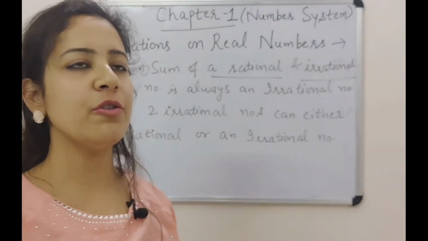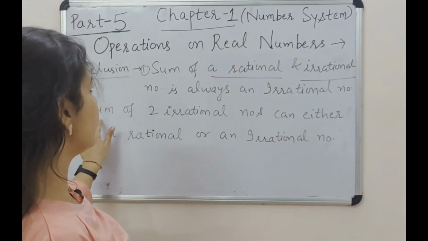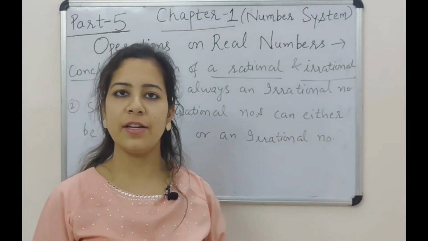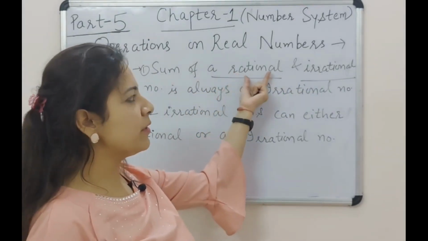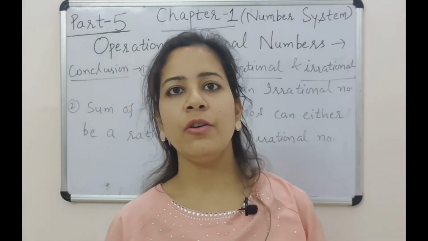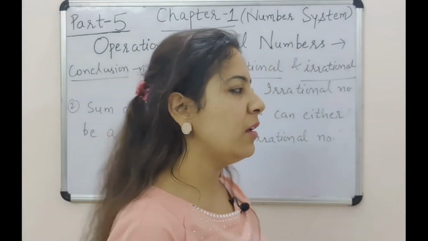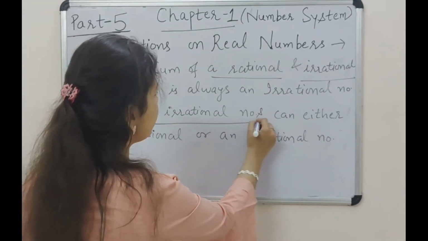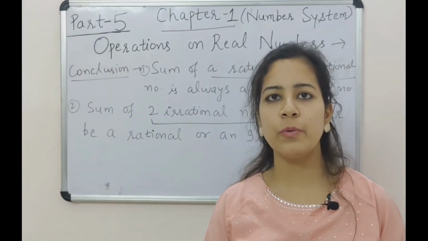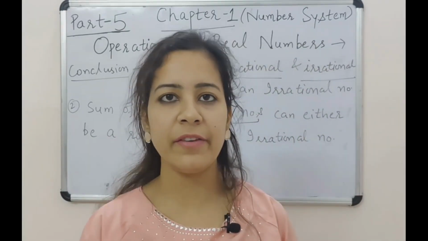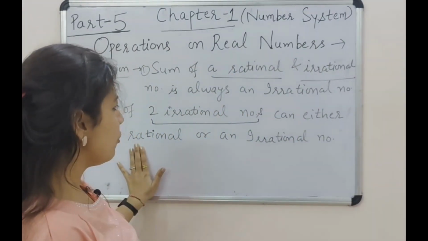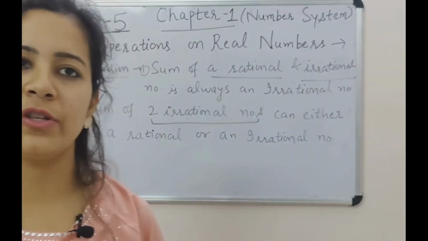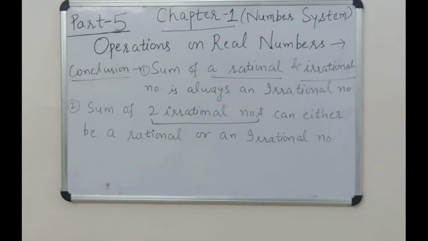So what is the conclusion now? I have written two conclusions over here. Sum of a rational and irrational number is always an irrational. जब भी आपके पास एक नंबर रैशनल और दूसरा irrational है, your output is always an irrational. And what is the second conclusion? जब भी आपके पास दो irrational numbers आप consider कर रहे हैं, it depends upon the situation, it depends upon your statement given. या तो आपका आंसर रैशनल होगा या वो irrational भी हो सकता है. So these are the two conclusions. Let's begin with the exercise and questions now.